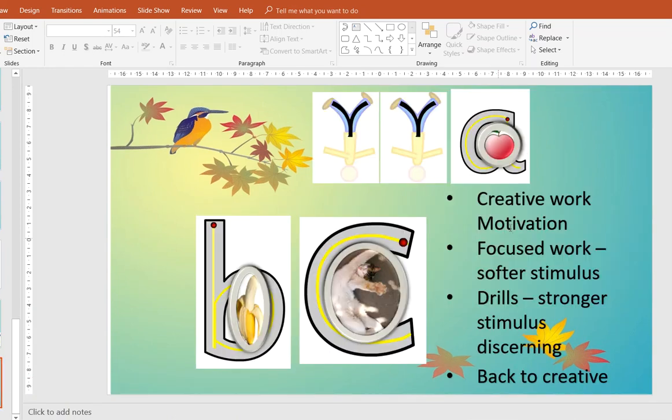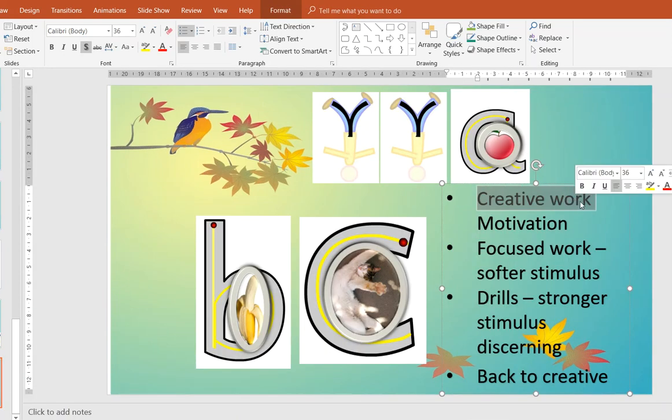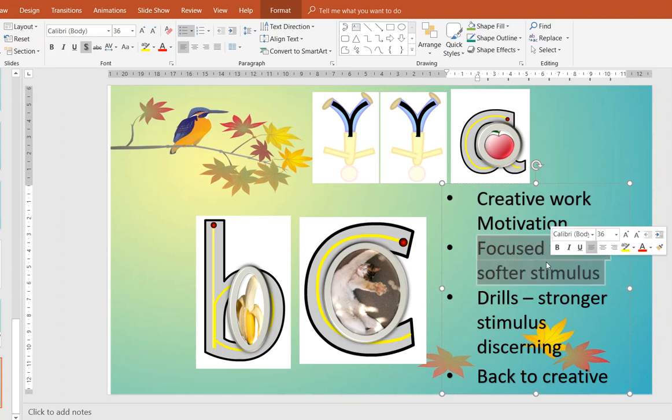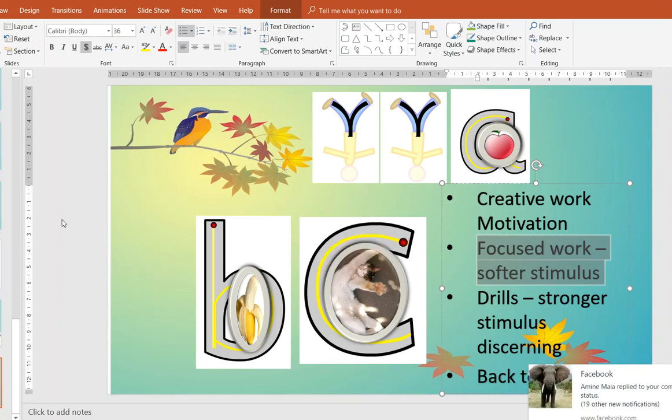In order to, so when children have a creative work to do, they want to create something, and now what you want is to do some soft focused work, right, so that they can learn exploratory work. Let's call it focused exploratory work as a soft stimulus. And what you can do then